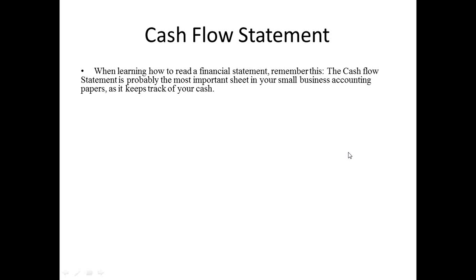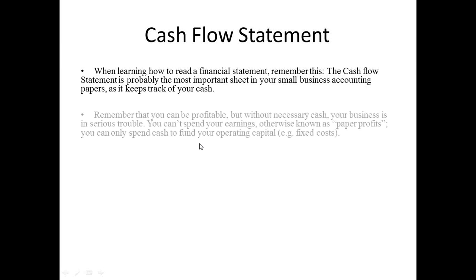So cash flow statement. When you're learning to read your financial statements, the cash flow statement is probably the most important sheet in your small business papers, because it keeps track of the money that you actually have to spend, and keeps track of your cash. Remember that you can be profitable, but without necessary cash, your business is in serious trouble. You can spend your earnings, otherwise known as your paper profits, but you can only spend cash to fund your